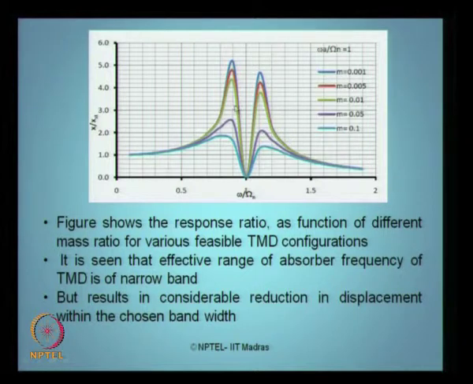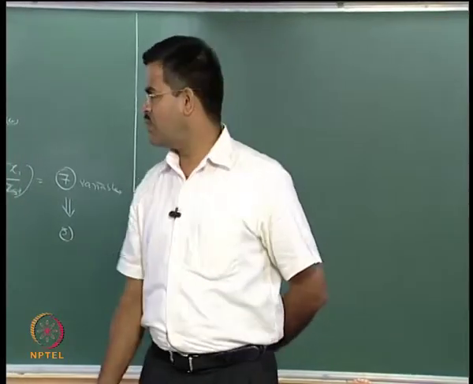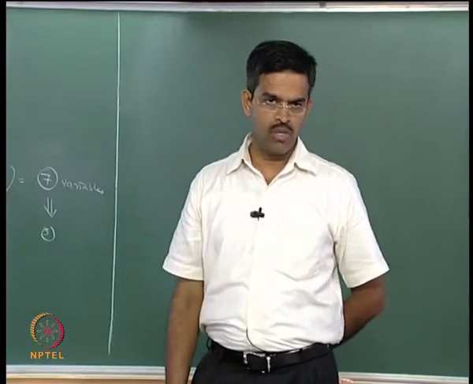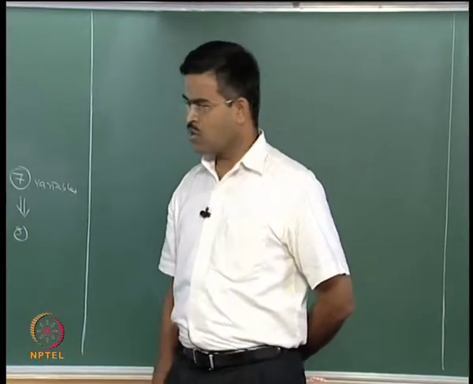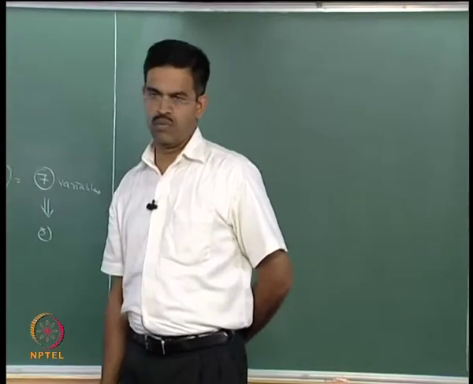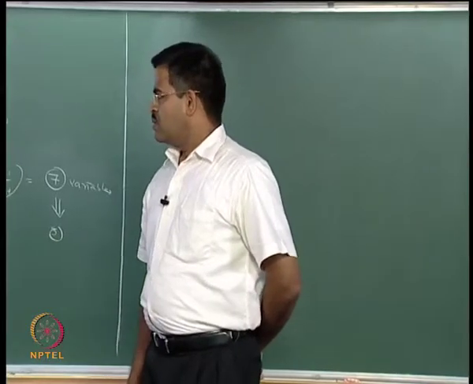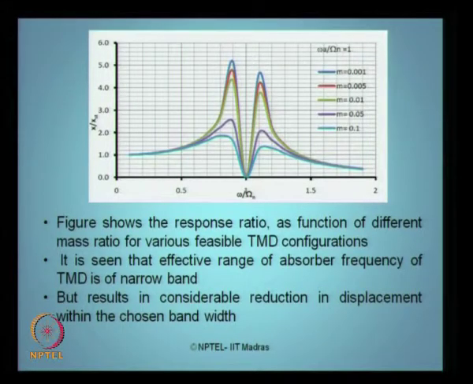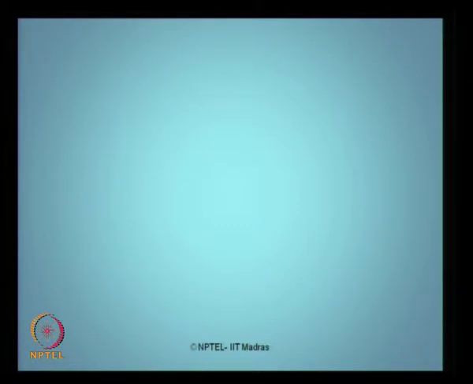is practically a very narrow band. So, it is effective only in the bandwidth from here to here as well as from here to here. The demerit in this case is that, instead of a single peak at the resonance frequency, you have 2 response peaks shooting up adjacent to, or closer to, the resonance band. So, you get 2 peaks, but of course, the peak value is controlled. This shows a considerable reduction in the displacement within the chosen bandwidth. Any questions here? Now, let us see how this experiment was conducted.